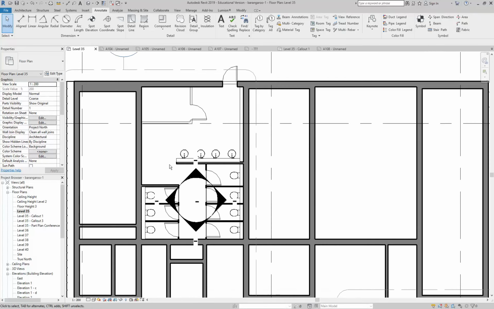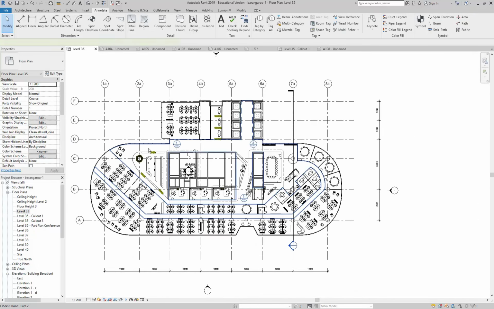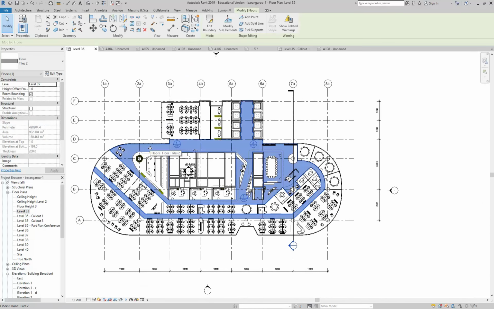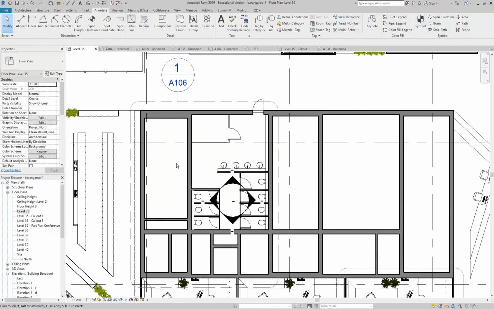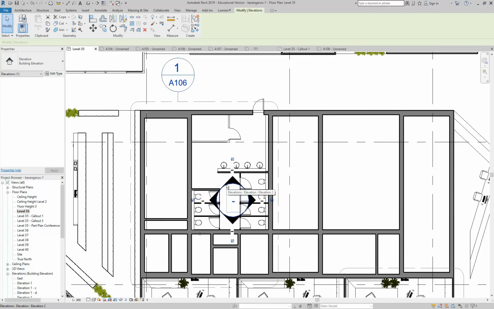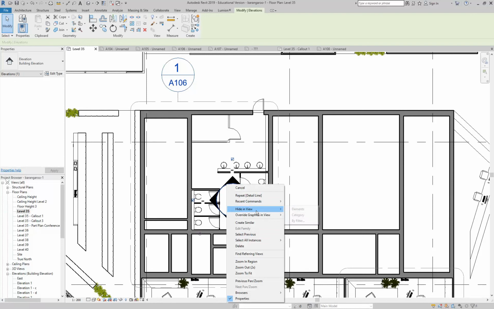So I'll go back to my main floor plan and just check. Oh, so they've got a floor there. Oh, I see what they've done. Okay, again, this is not my file, but I won't take credit. Well, it's actually not far off what I would have done, because I